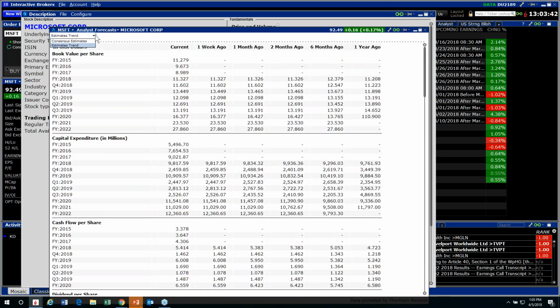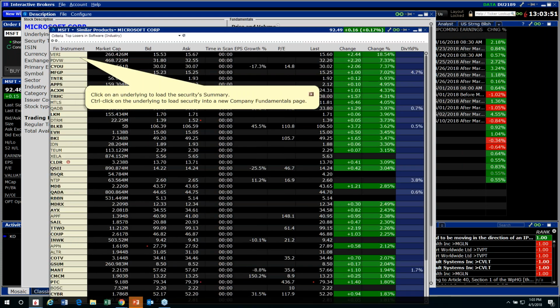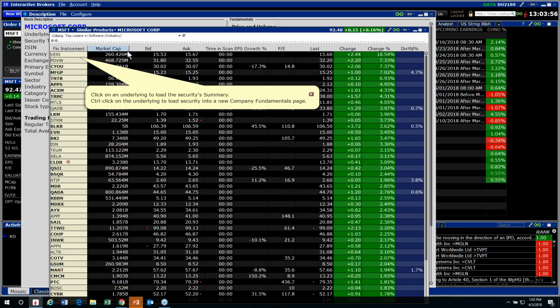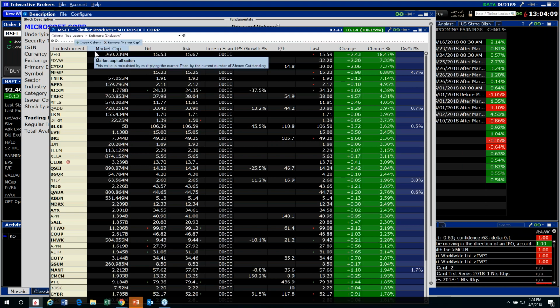All right, back to our drop-down menu. The last item that I did want to mention here is similar products. Now, similar products will allow you to view market scanners. You'll see this brings up a market scanner, but the information that's going to be displayed here is based on corporations, or you can find the top corporations in the same industry sector, and then customize the filtering criteria using